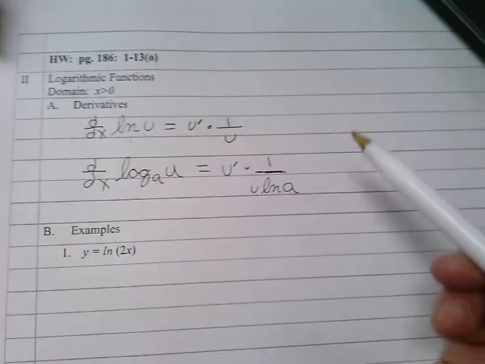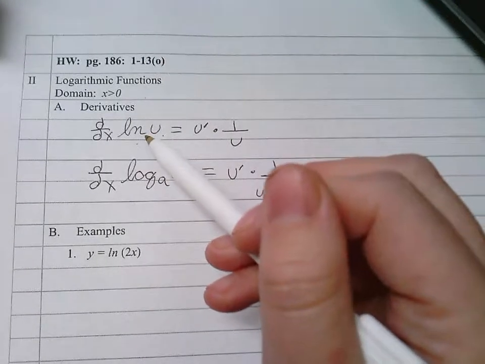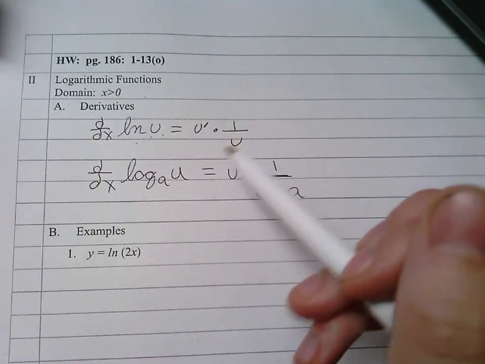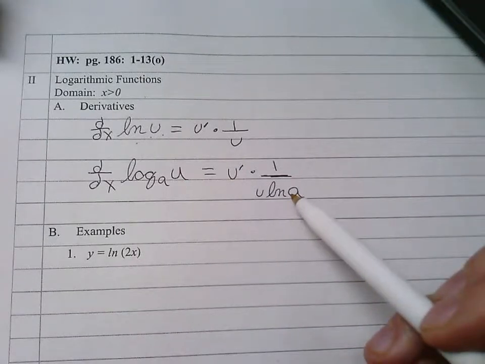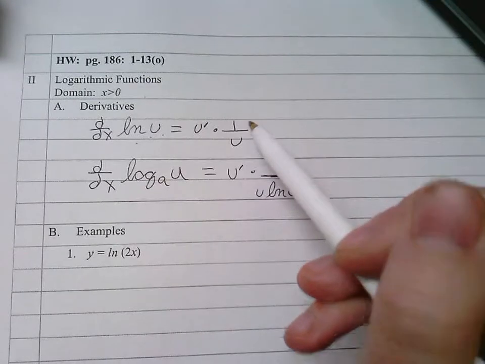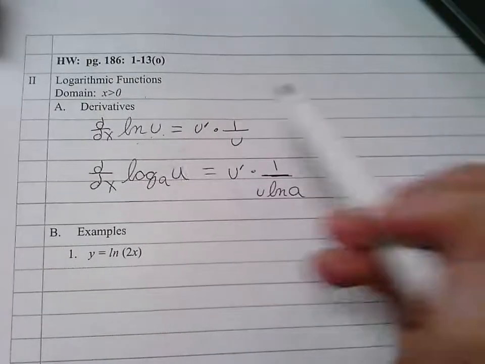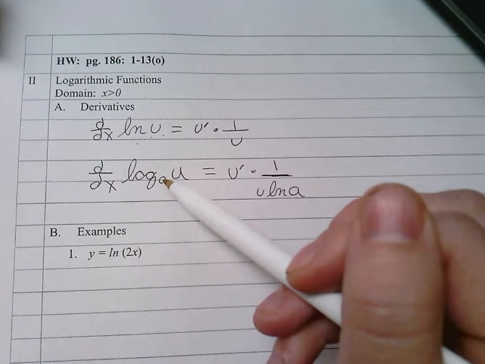Remember the different bases. This is the natural log base. So that's probably why that goes away, because ln of e is just 1. So this is technically the same thing. You have u prime times 1 over u ln of e, and ln of e is 1. And if you don't see a base here, it's just like ln of